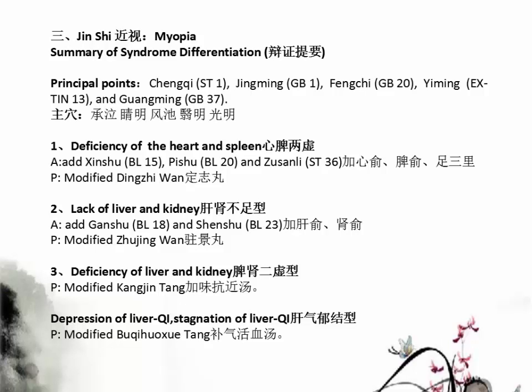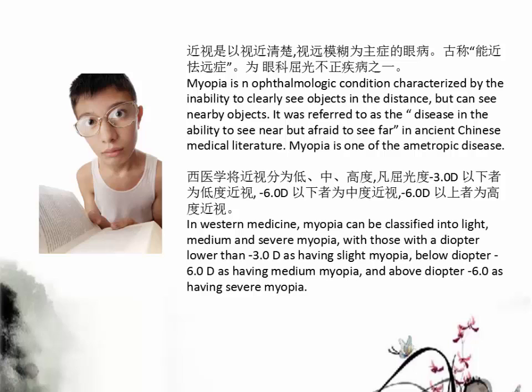Summary, syndrome differentiation. Do you want the summary after? I forgot to do the summary of the last one, but I think that's okay. All right, so specifically myopia is basically poor eyesight. What are the eyes connected with? What's the first thing we think of? Liver. Liver governs the eyes. And so you're thinking of all the patterns that may go along with this. Most of the time,